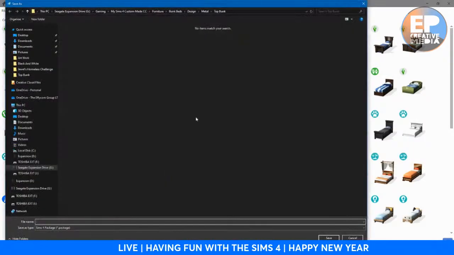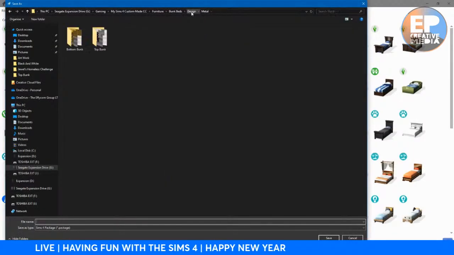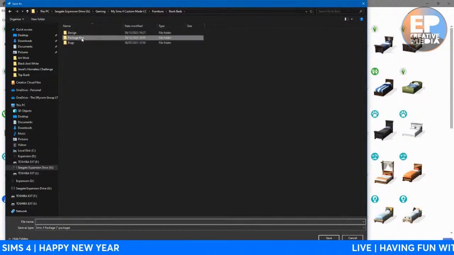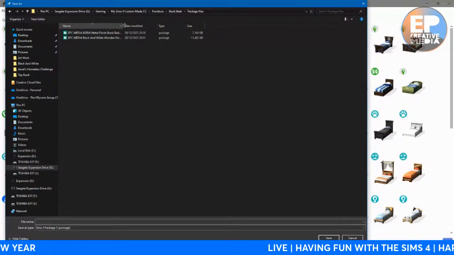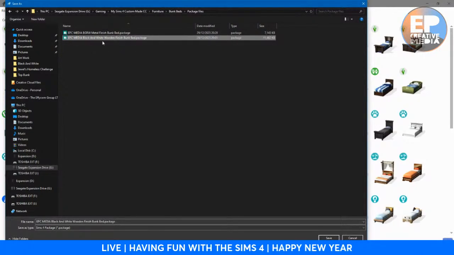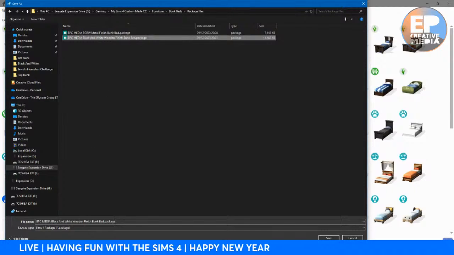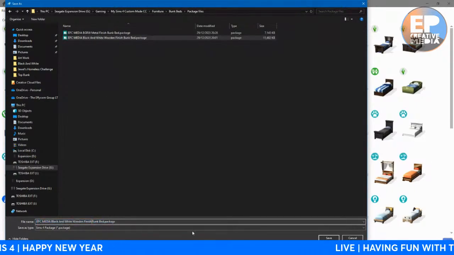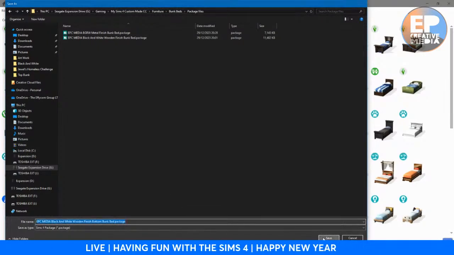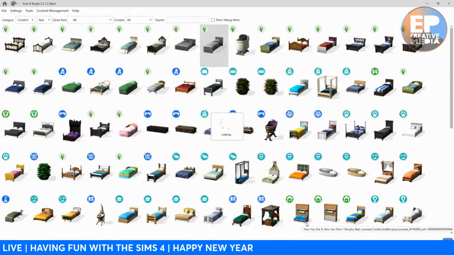Because I believe metal package files. Thank you. Okay, so if we're going to do this, it's pretty much the same. Black and white wooden finish bunk beds. I'll put here bottom. That's literally all I need to do. It's the black and white, right? Okay. So I'm literally just going to add 3 swatches, and then